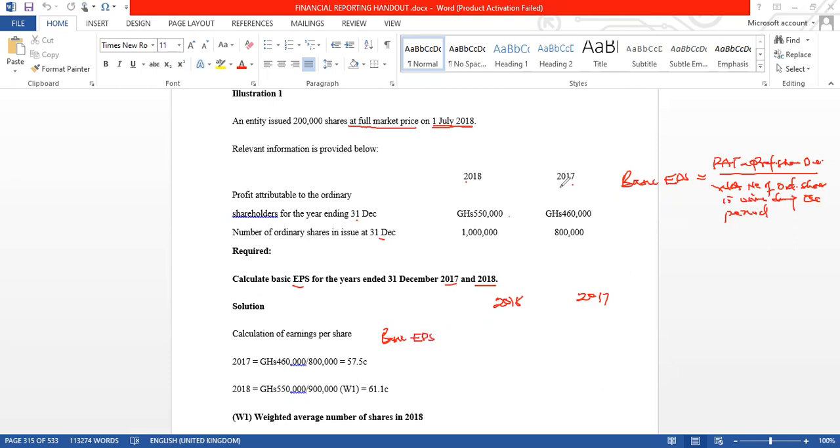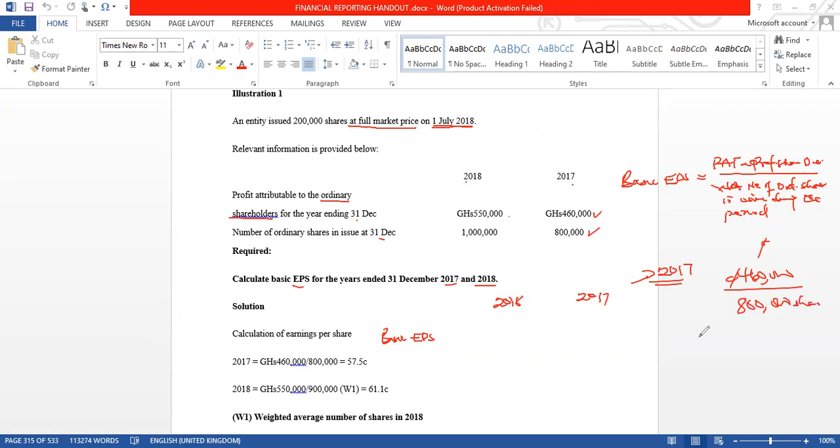So looking at 2017, we have here the profit attributable. So it's straight profit attributable. So we can now show some workings here for 2017 and take our profit attributable, which we see here as 460,000. Then we now need to go through and divide it by the number of ordinary shares in issue as of that period, which is 800,000